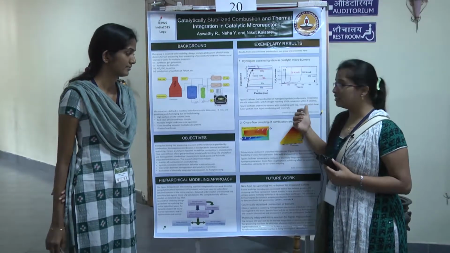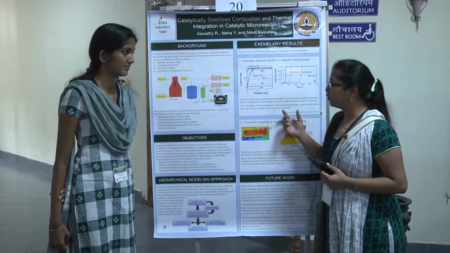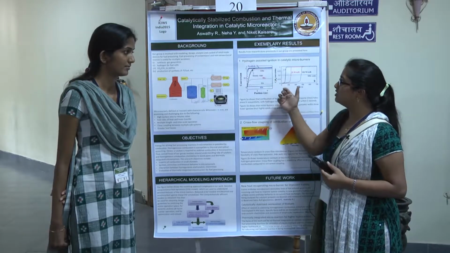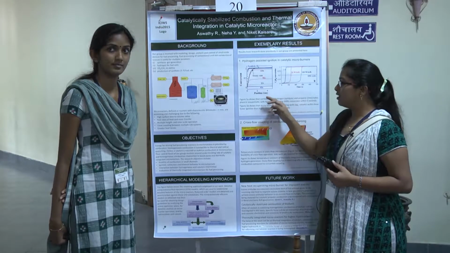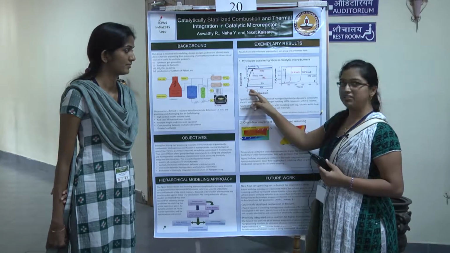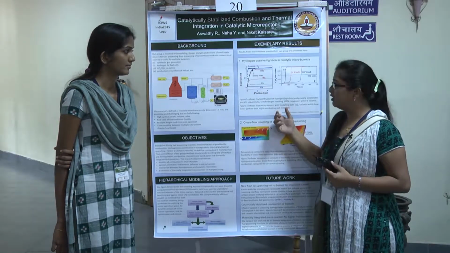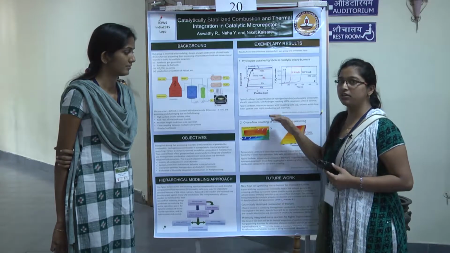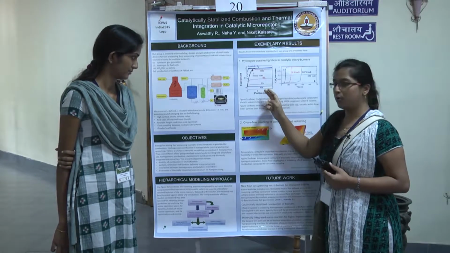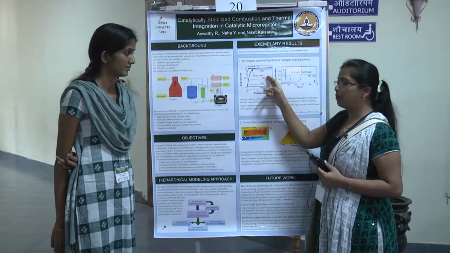Here is an interesting result published by Sheshadri and Mr. Kaisere. The basic concept is that we are using a microreactor of length 5 centimeters and diameter of 1 mm. Here we are doing hydrogen assisted ignition of propane. As soon as the hydrogen is let into the reactor, it converts in less than 5 seconds. But propane combustion takes some time. After a sufficient time, when the temperature reaches a good amount for the propane to combust, only then does propane start combustion. So even at 60 seconds, the conversion of propane remains much less than 10%. As the time goes on increasing, we can observe that the conversion of propane starts increasing.